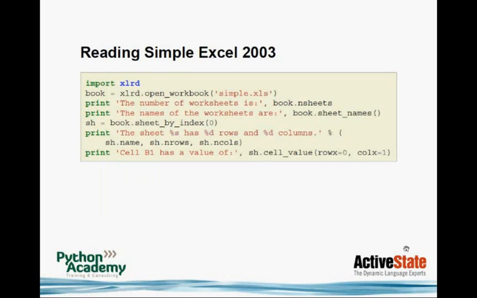To do this, we use xlrd. This is a different package from a different author, but works very nicely also. So we just open our workbook, simple.xls, and now we have this book instance, and now we can say book.nsheets, which gives us the number of sheets in there, so it tells us how many sheets we have saved in here. And also we can access the names of the sheets, so that's what's written on these tabs in the Excel file there. And then we get a reference to our first sheet, so we index it. Index 0 is the first sheet, and then we can get the information, the name of the sheet, the number of rows, the number of columns, and also we can access the value of B1 and print it out.